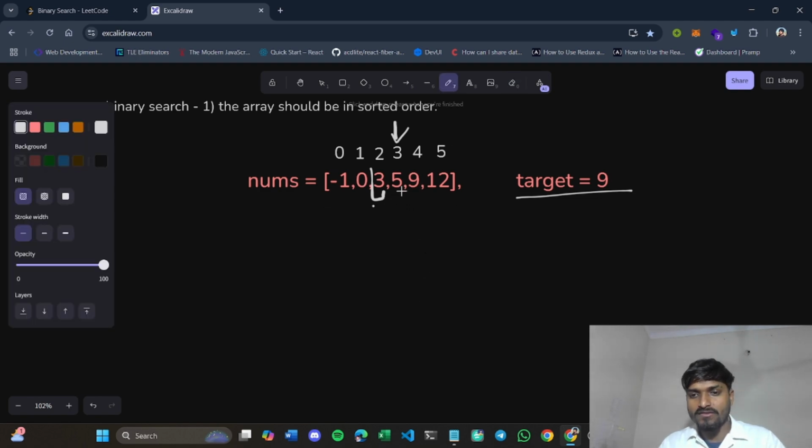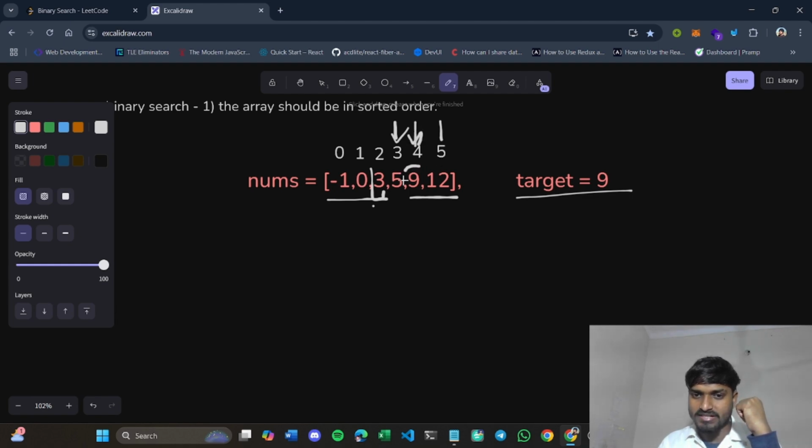Now again you will compare 5, the element present at this index, with the target element. So you again saw that 5 is smaller than 9. So again what will we do? You know every element in the left side of 5 is smaller than 5. You can also confirm by seeing these elements, right? So you are again not going to find this 9 in the left of 5. So you will ignore this part and start your search again in the right part of 5. So again you will find the mid of these two. Basically you will sum these indexes and find the mid. So 5 plus 4 is 9, by 2 is 4. So this is the mid.